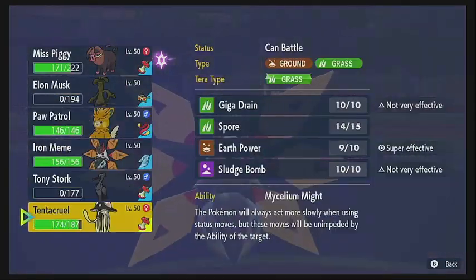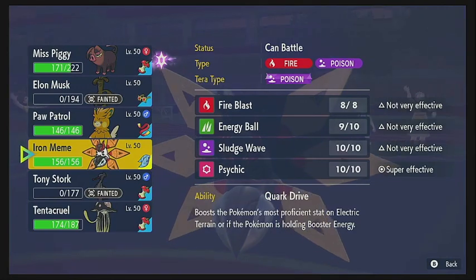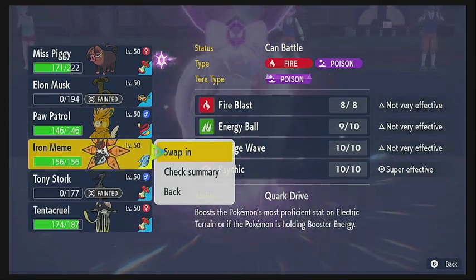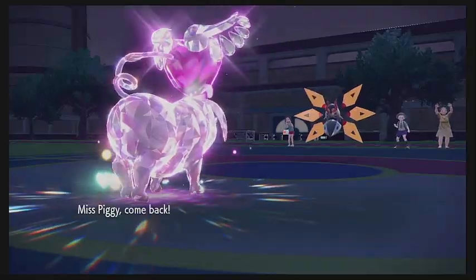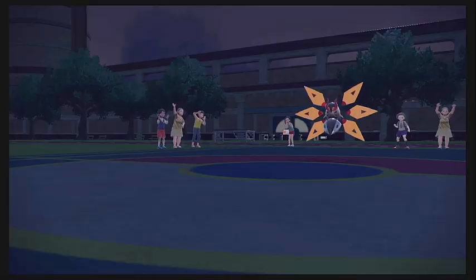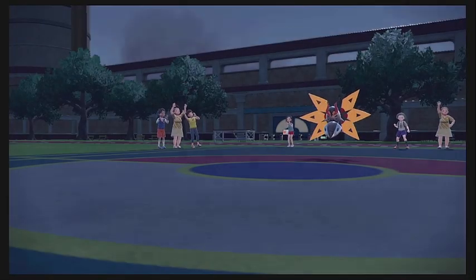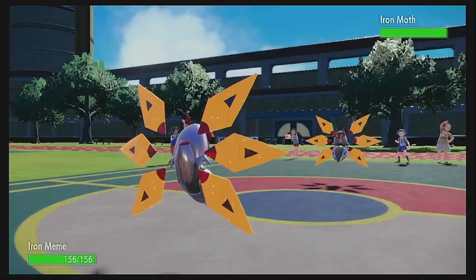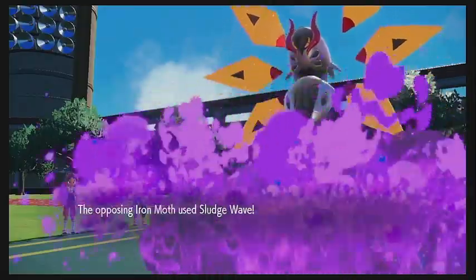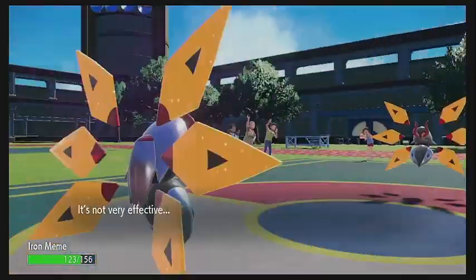I think actually our perfect switch to this situation is going to be our own Iron Moth. So that is in fact what we're going to go ahead and do. And so we'll see how that works out. So there it is. And he is just going to go for the Sludge Wave straight away, so not going to do too much